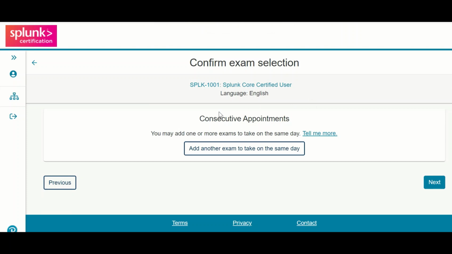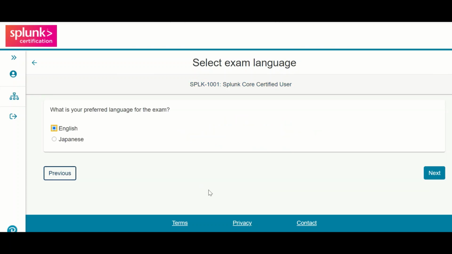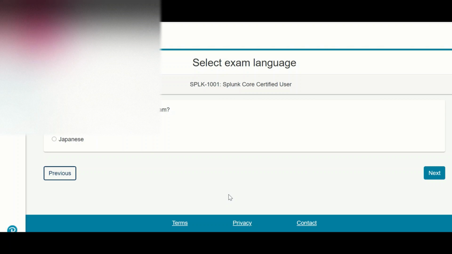If you want to add more than one exam on the same day, you can go to your pre-approved exam list and add it, and it will come directly to this page. Now it will go to location, where you need to give your pin code, and it will show you the centers around you. Select the nearest center where you can go.